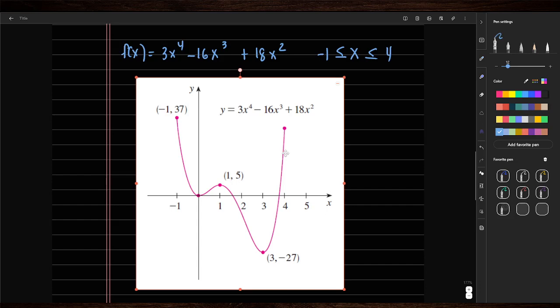However, for your domain, x equals 3, we have here the absolute minimum value, no? Because it's the lowest value that we can get all throughout the graph, all throughout the curve, no? So yeah. And for local maximum, okay,